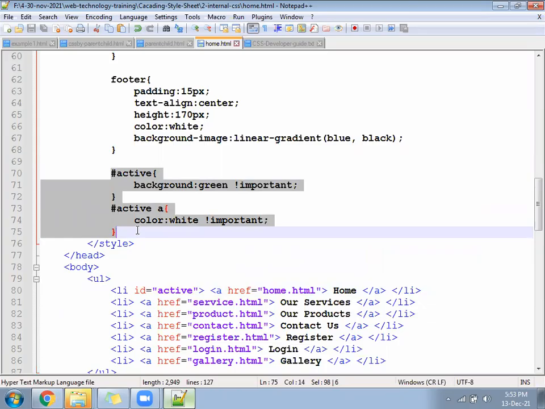Create the next file, service.html. Service file is ready.